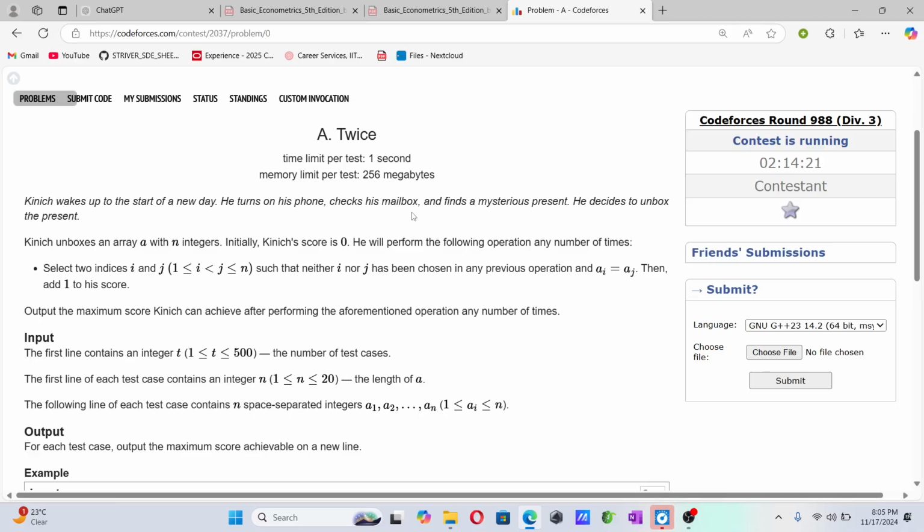Then add 1 to the score. Output the maximum score she can achieve after performing the aforementioned operations any number of times. You make it sound like it's an infinite number of operations, but it's just, oh,